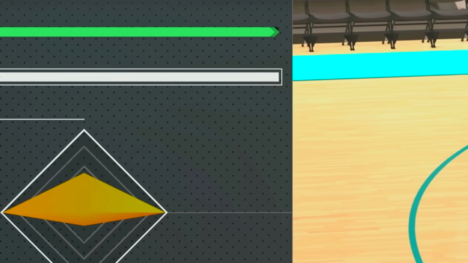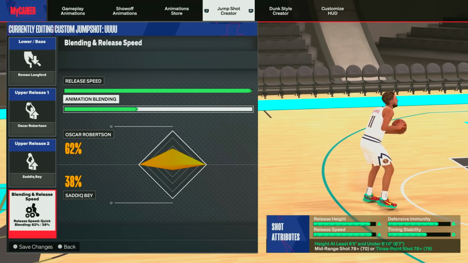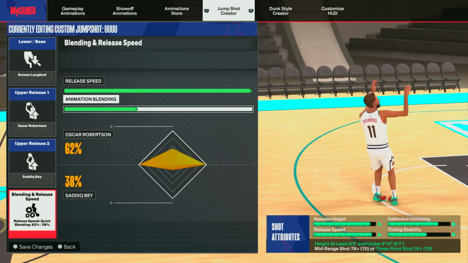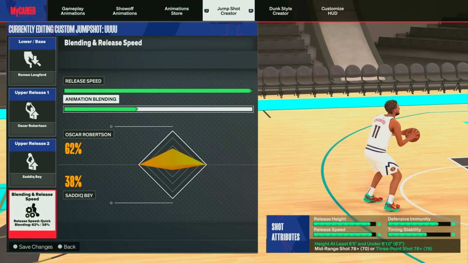Now as for the jump shots, I got y'all boys. You want to see a consistent sequence of these jump shots. I'm gonna show you the same release but different bases. We're gonna start out with the Romeo Langford, Oscar Robertson, Sadiq Bey, 62-38, max speed. As you see, you got an A release height, an A release speed, and you got a B immunity when it